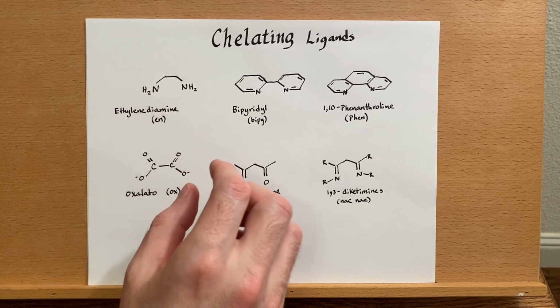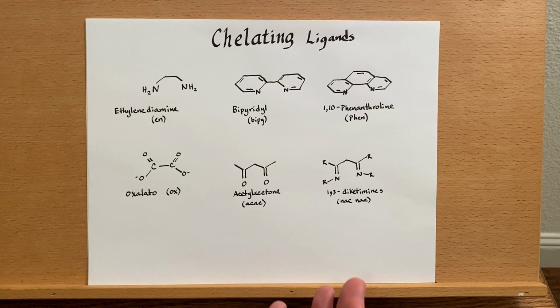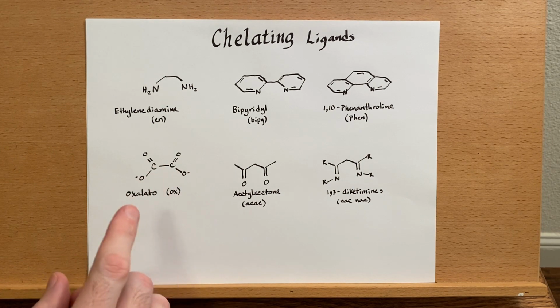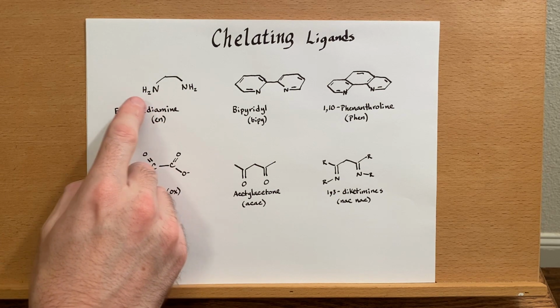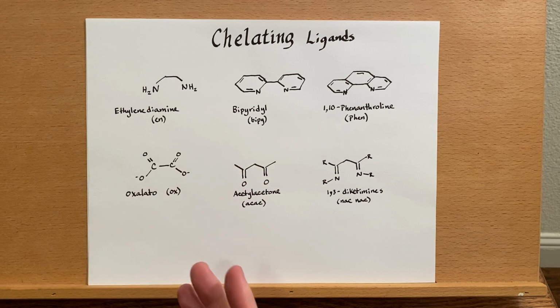So we're introducing more objects, more disorder, if you want to think of it that way, into the system, and that's a favorable process. So when we're comparing NH3 versus ethylenediamine, delta H actually is very similar